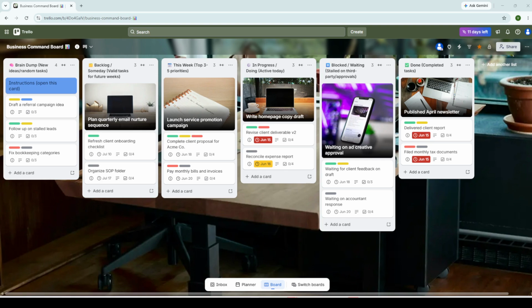In today's video, I'm going to show you how to master Trello by building your own personalized productivity system from the ground up. Trello is one of the most flexible project management tools out there, and when you set it up the right way, it can completely transform how you manage your workload, reduce overwhelm, and keep you focused on